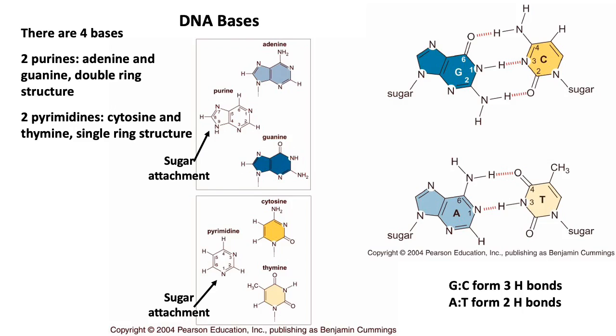And one of them, I believe it was Watson, cut out cardboard shapes. He drew the four bases on cardboard and then cut out the shapes that we see in front of us here, with the six-membered ring and the five-membered ring and all the various nitrogens and hydrogens and methyl groups sticking out. He drew those, and then he cut the cardboard to match the shape, and then he just started pushing them all together in various combinations and turns and twists, trying two at a time, three at a time,